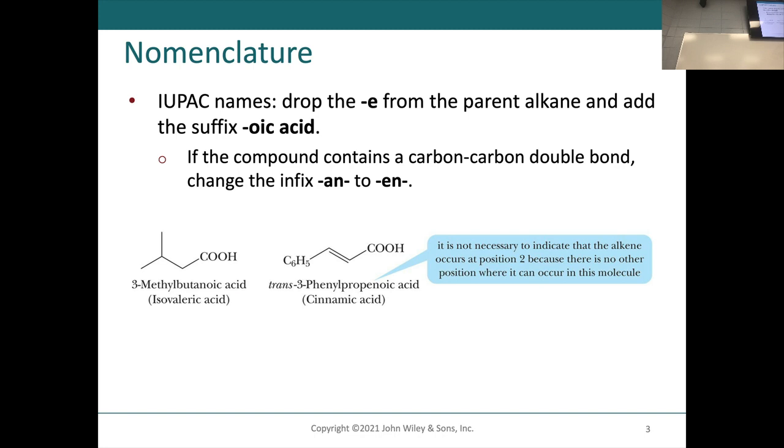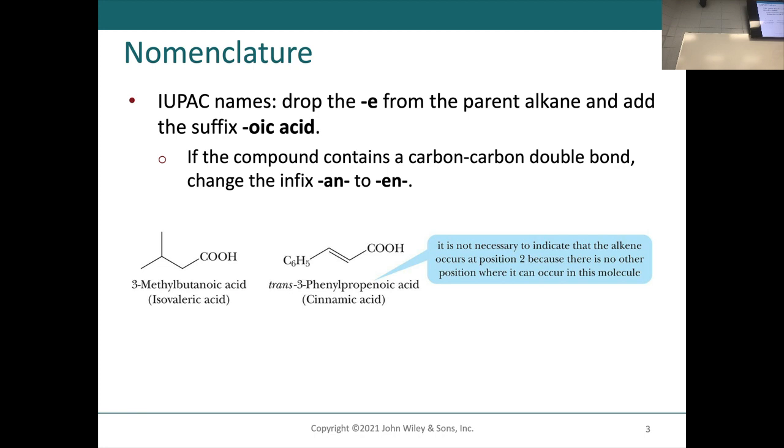C6H5 is what kind of ring? That's a benzene ring, right? So that's an aromatic ring. So that's an aryl group or a benzene ring. It's attached to the rest of the molecule. Why is it 3-phenyl? Again, the carboxylic acid takes priority. 1, 2, 3. Right? So the phenyl group is on carbon number 3 of